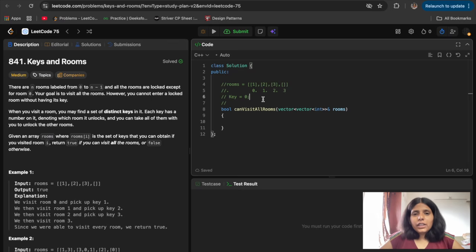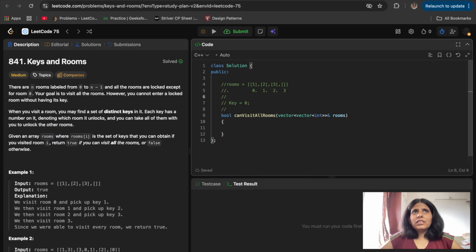We will enter that room and take key 1, and as we have entered that room we will maintain one visited vector that will say which rooms are visited.